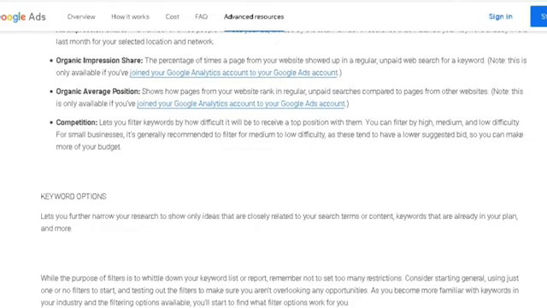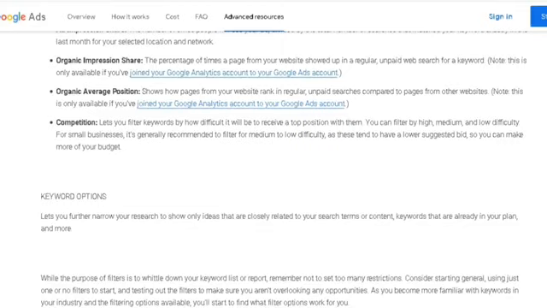keywords that are already in your plan, and more. While the purpose of filters is to whittle down your keyword list or report, remember not to set too many restrictions.